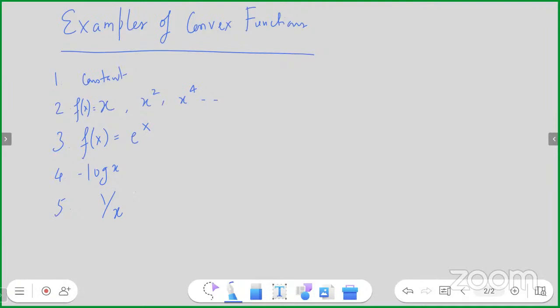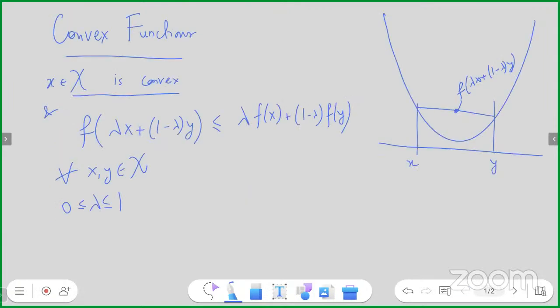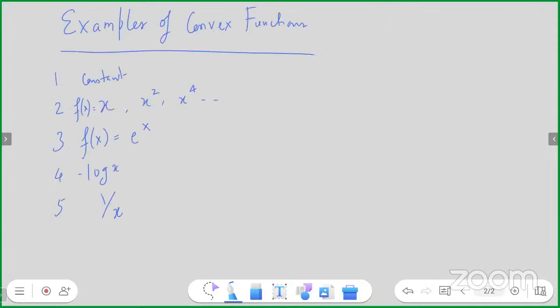All I have is this definition and nothing else. So what do I need to show? 1 over lambda x minus lambda y is less than or equal to lambda by x plus,